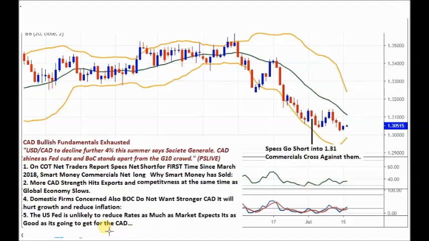Okay. Now, in terms of Societe Generale, they're just taking that sort of economic view, and what they've said is not in the price. It's just going to continue. It's not. When you've seen the smart money in the past go long aggressively like they have now, and specs cross with them, you will normally get a break in favour of the commercials. Right, on the chart itself,